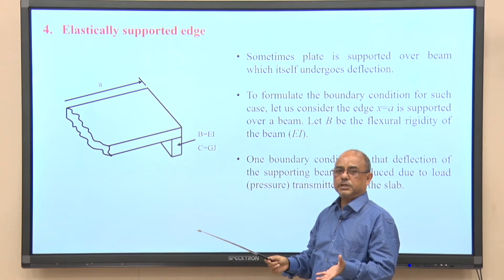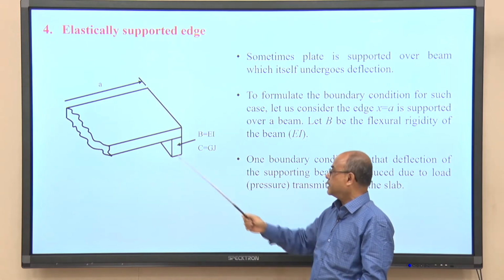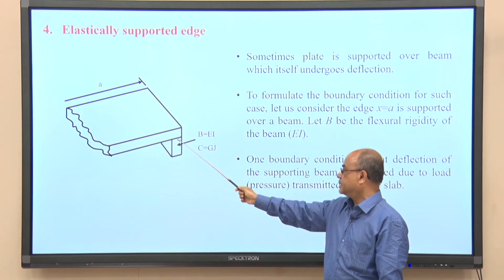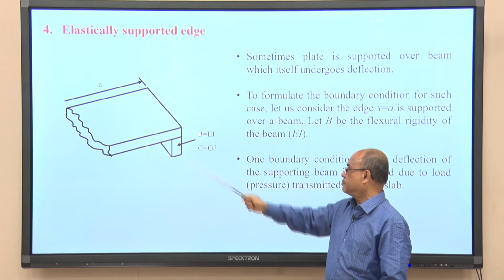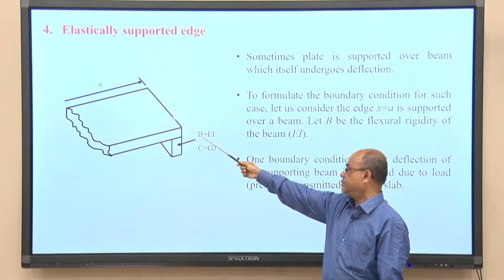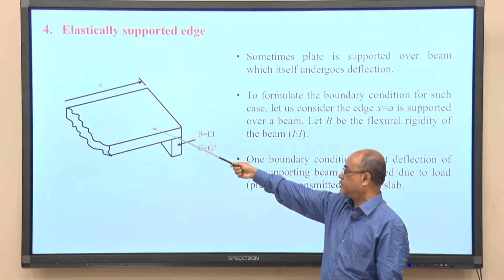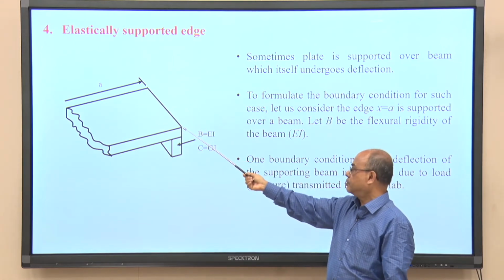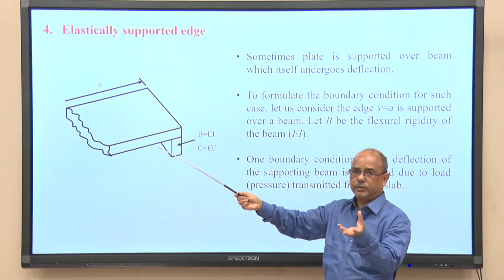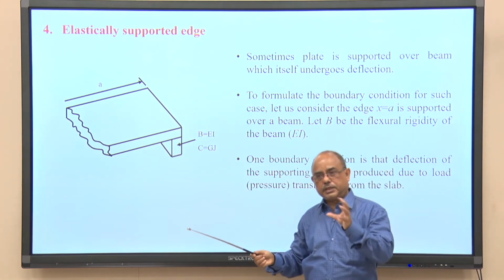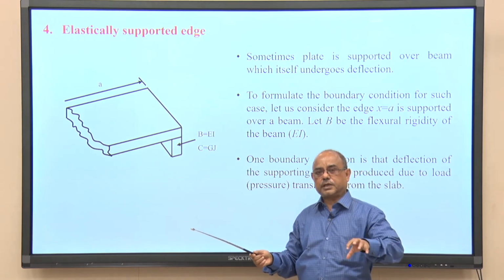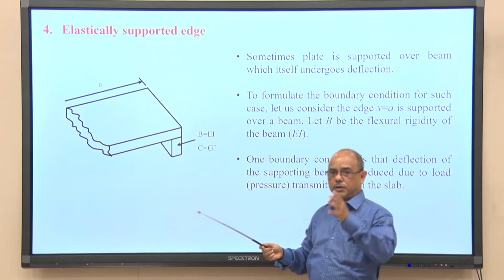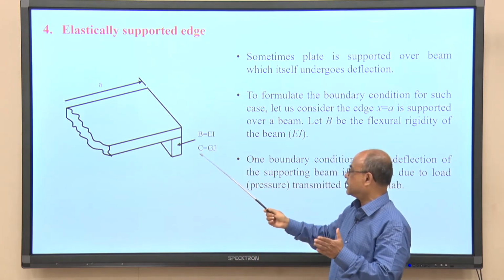So, similarly here, due to load transfer from the slab to the beam, there will be some deflection in the beam, nobody can deny, and you can also see that this edge where it is supported by the elastic beam, the bending moment that acts along the lengthwise direction here will also try to rotate the beam. Okay. So, this bending moment has to be resisted by the beam torsional capacity.